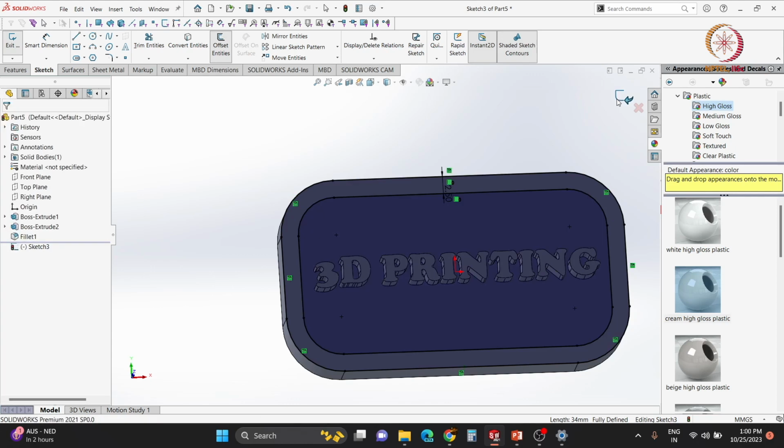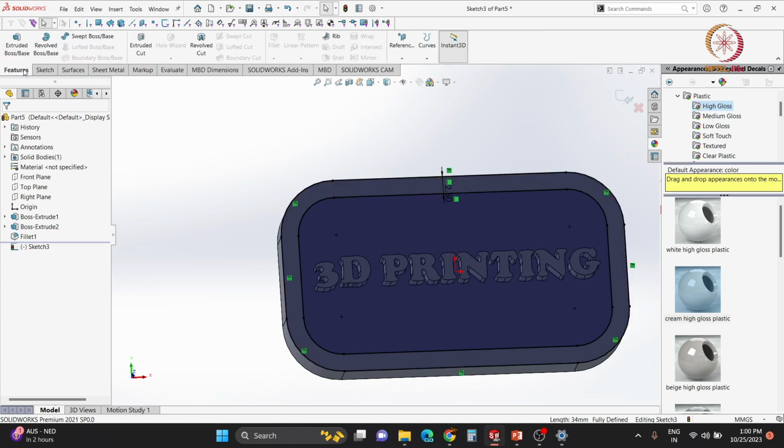I am just saving it. So I am here having a closed loop, a closed figure with two rectangles, a rectangle with a filler thing. Okay, so now we will extrude this thing. So go to features,